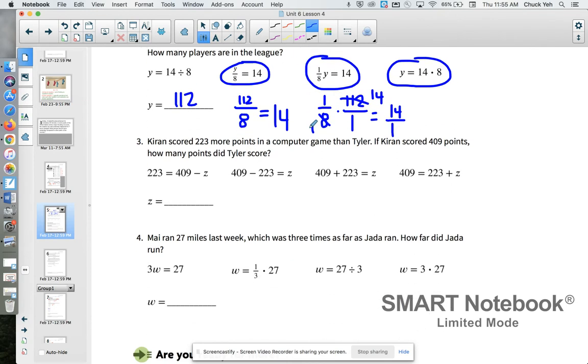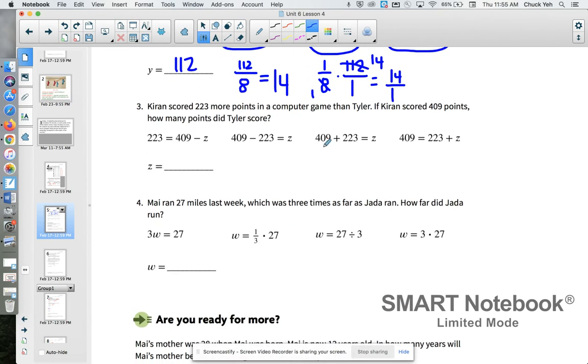Right, how about number 3? Kieran scores 223 more points in the computer game than Tyler. If Kieran scores 409 points, how many points did Tyler score? So we want to know what Z is. We want to know how many points Tyler scored. Well, if Kieran scored 409 and scored 223 more points in the computer game,